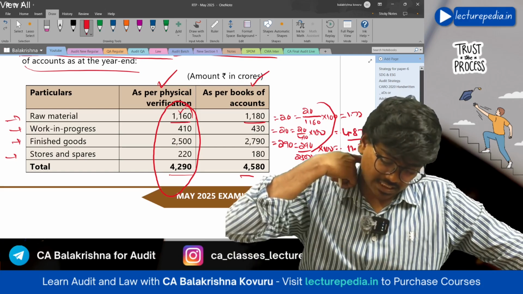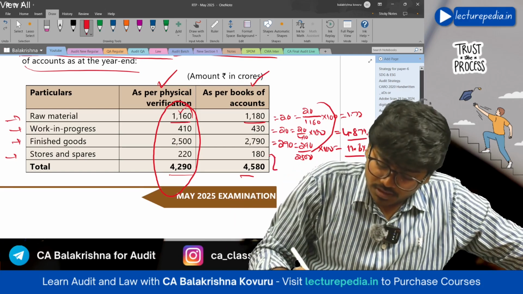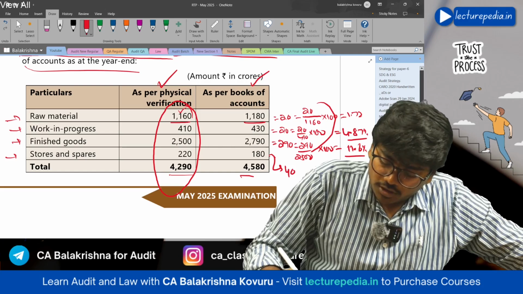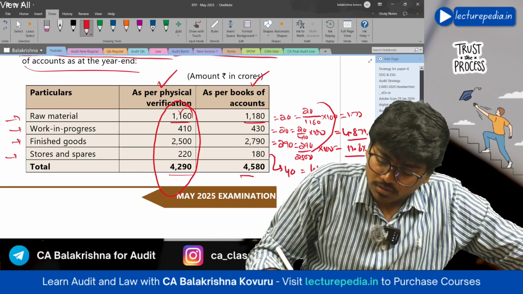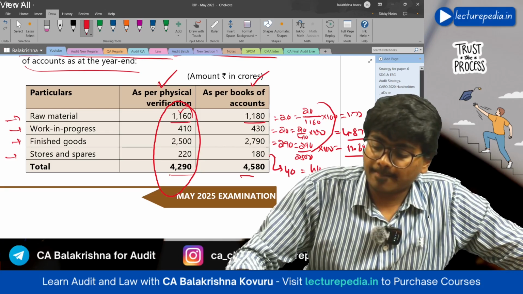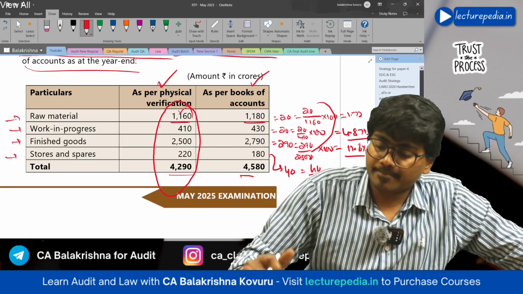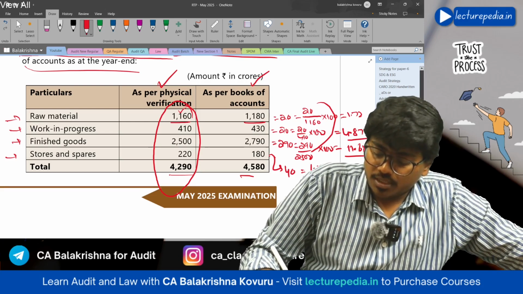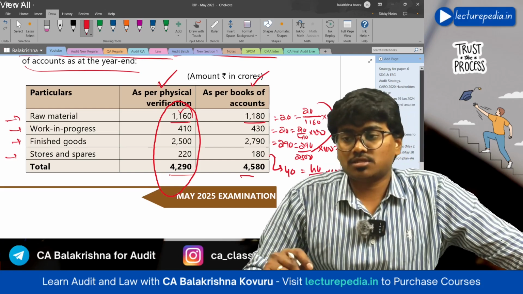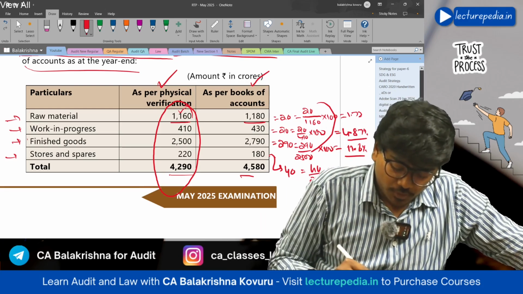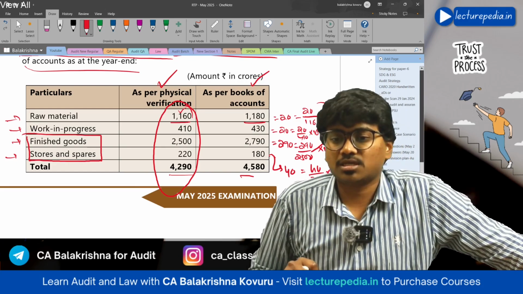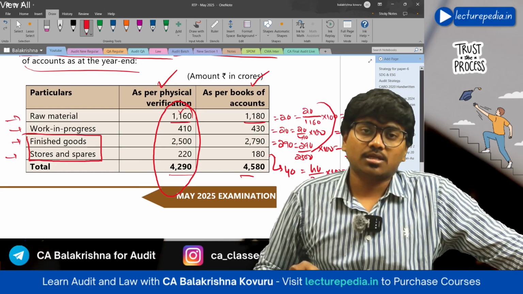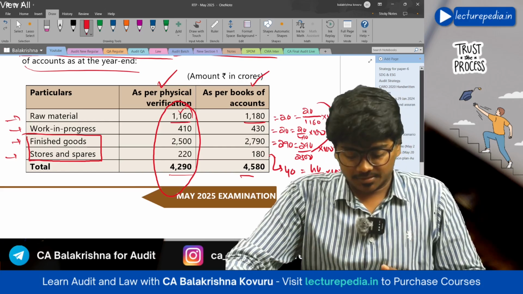Next, stores and spares. The discrepancy amount is 40. Percentage is 40 by 220 into 100. It would be 18.18%. This is also more than 10%. So you need to report the discrepancy of finished goods and stores and spares in your CARO report. Okay,